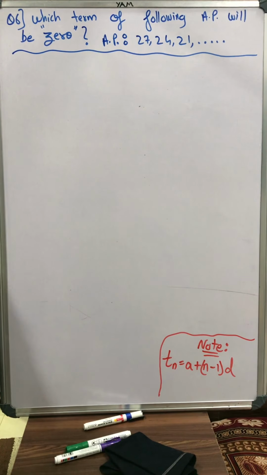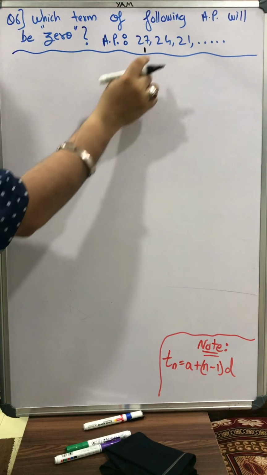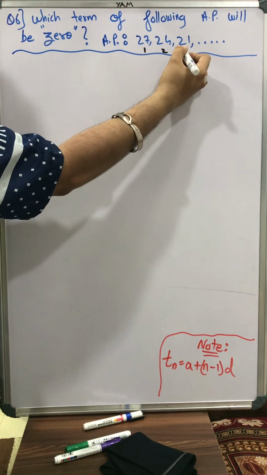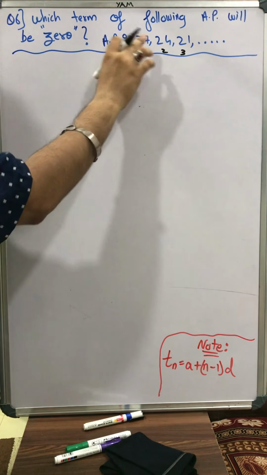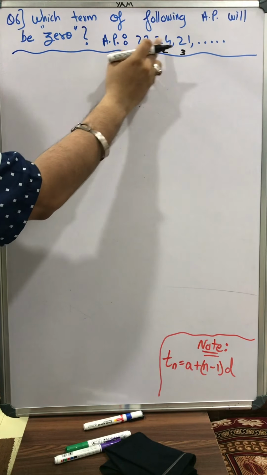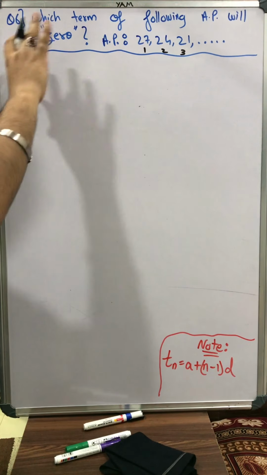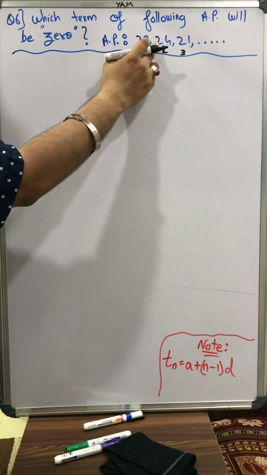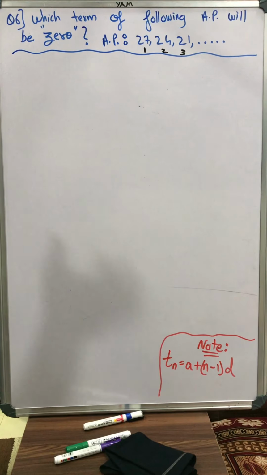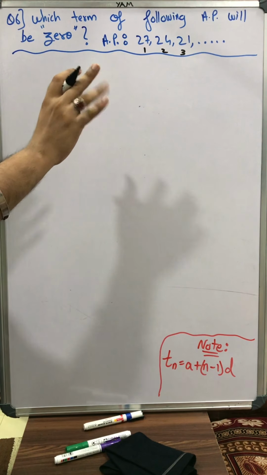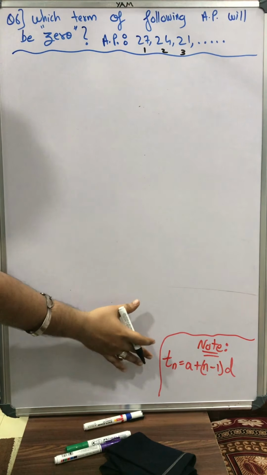For example, here 27 is the first term, the position of 27 is 1, the position of 24 is 2, the position of 21 is 3. Can you see one thing, students? The value of the term is decreasing: 27, then 24, then 21, and of course you can also judge, it's like a 3 times table. 27, 24, 21, and then 18 can come, and so on. But you cannot do it like that, students. You will get 0 marks if you do it like that. You have to prove it with the help of arithmetic progression formulas only.